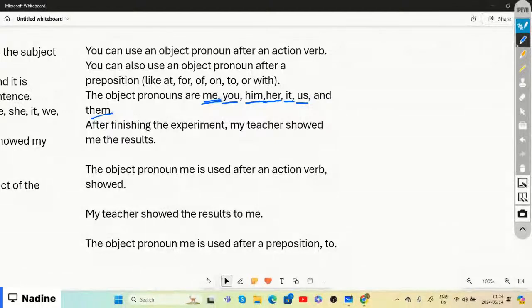And once again, if we look at this specific sentence, it says, after finishing the experiment, my teacher showed me the results, right? So who did my teacher show it to? My teacher showed me the results. So this is an object pronoun and it comes after the action verb, which is showed, right? Or another example can be, my teacher showed the results to me, right? So to is our preposition,